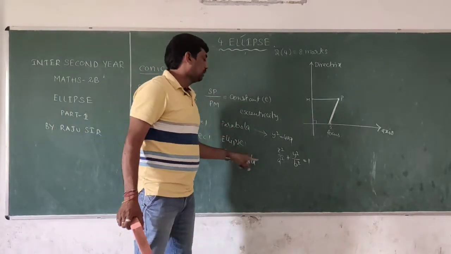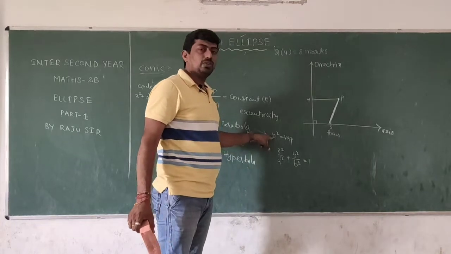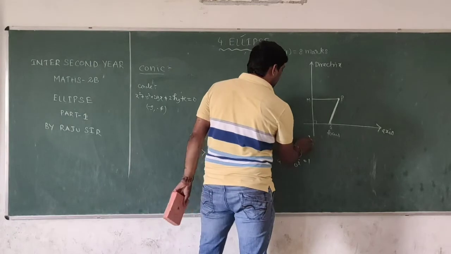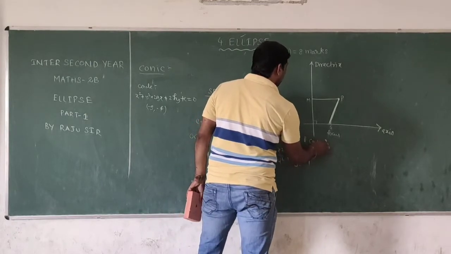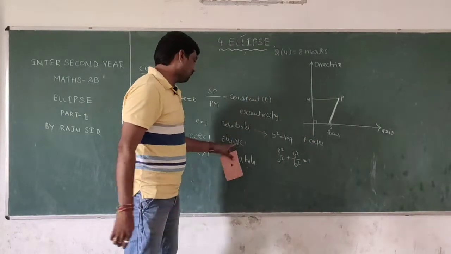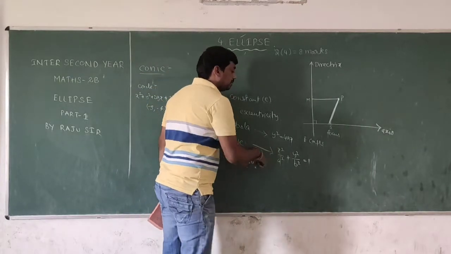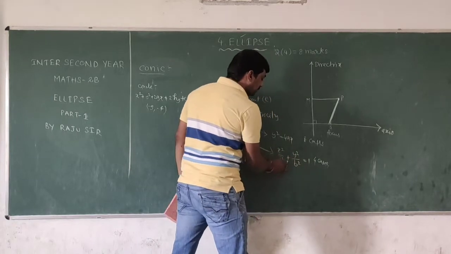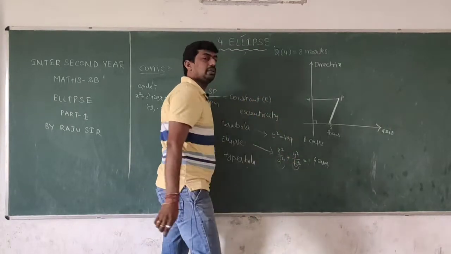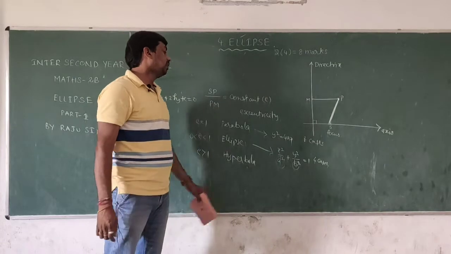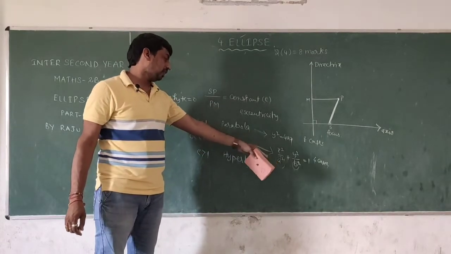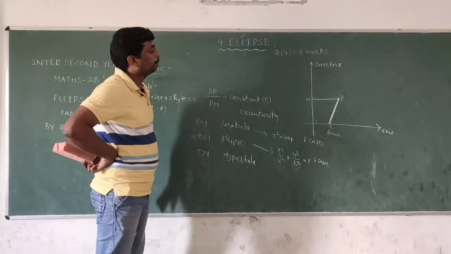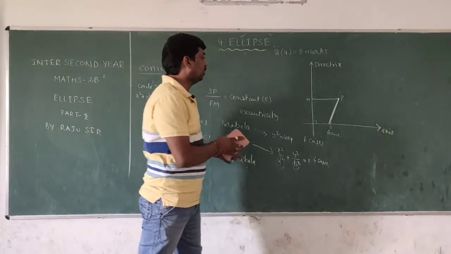Okay? Right. So here in y square equal to 4ax, in parabola we have how many cases? Anyone? Yes. Here in parabola we have 4 cases. But in the ellipse we have how many cases? 4 cases. Those 4 cases depend on values of a and b. Okay, so depends on values of a and b, different cases of ellipse are introduced.